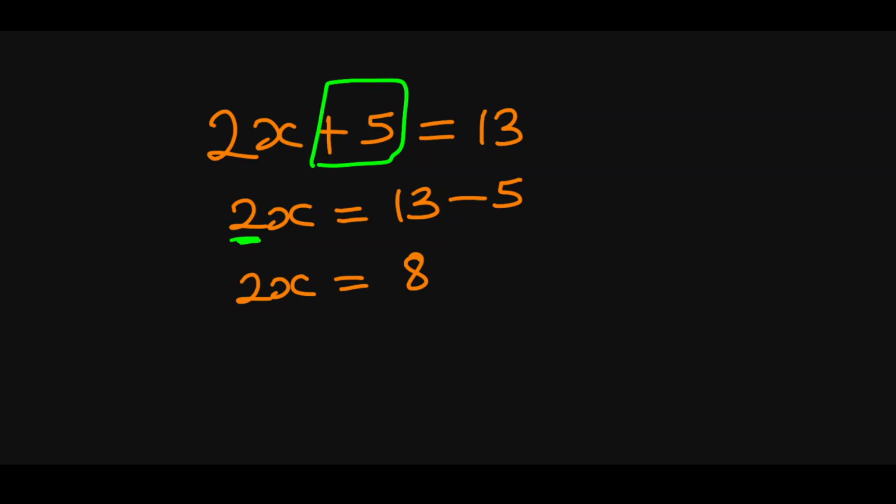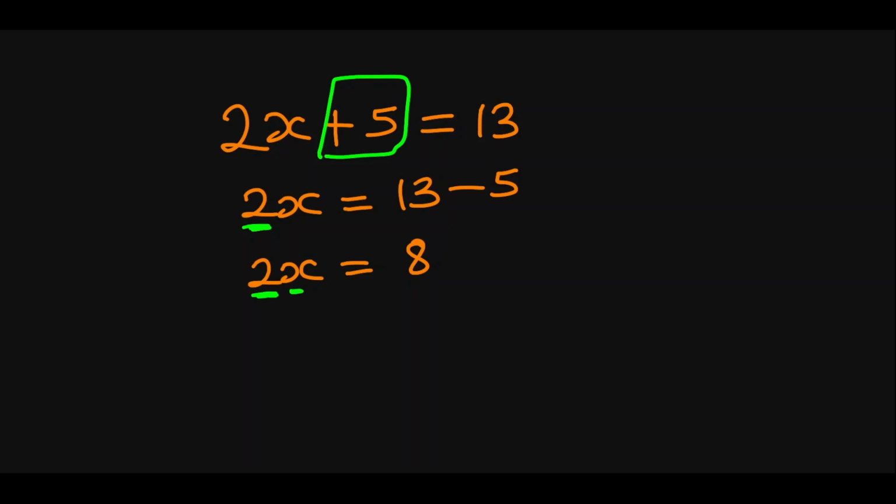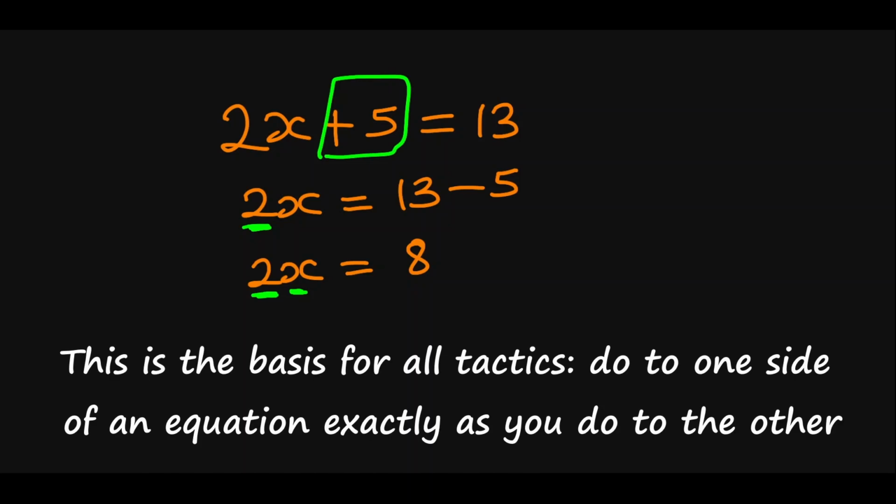Now the next thing we'll do is to find a way to take 2 off x. You notice that 2 is multiplying x, which makes 2x a term. Now to dissociate 2 from x, you have to divide 2x by 2. That's the only way 2 will go off x. And because we are dealing with mathematics, anything you do to one side and do to the other side, you are mathematically correct. So if we are going to divide 2x by 2, then we have to also divide the other side of the equation by 2.